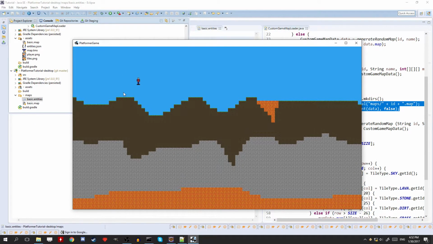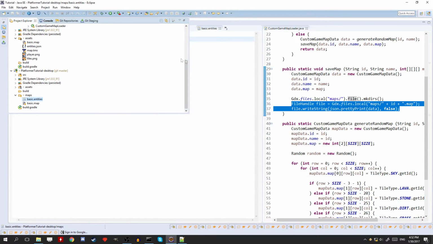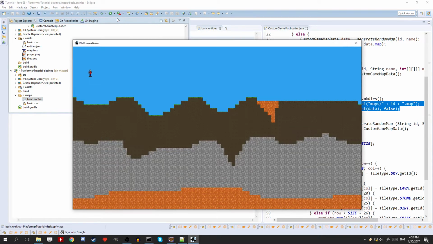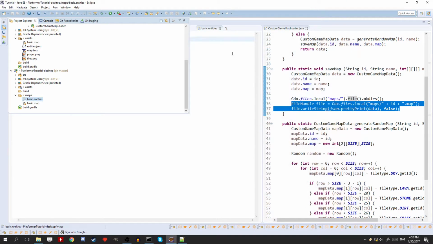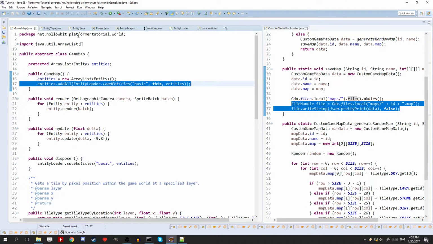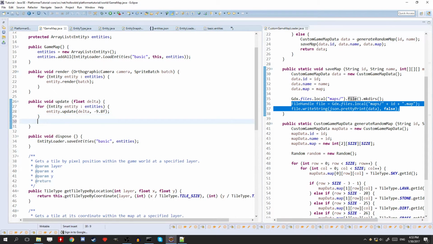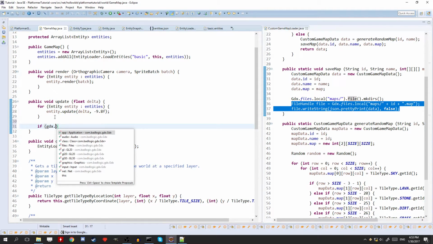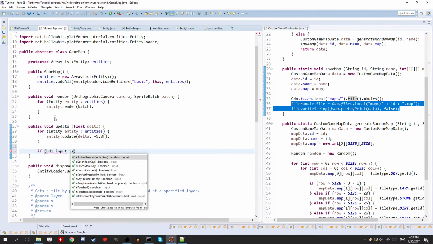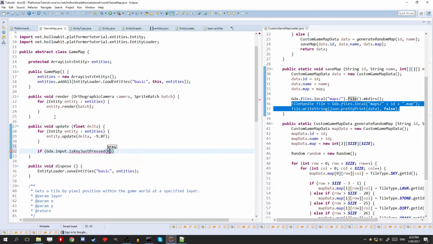If we move it around, it should save if we close. Let's check. It might not though. Okay, so it doesn't get saved. I think we can fix that in here. Okay, so we're actually going to do something a little different here. We're going to do if Gdx.input.isKeyPressed Keys.S,